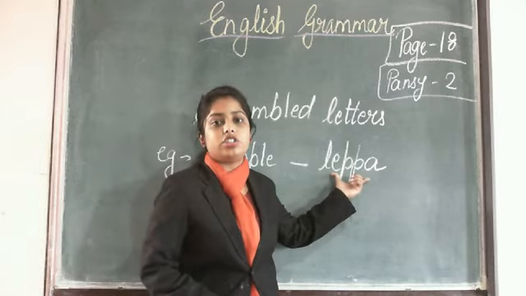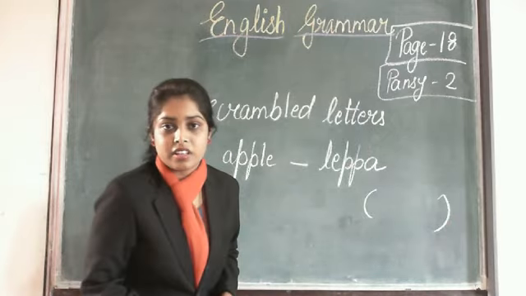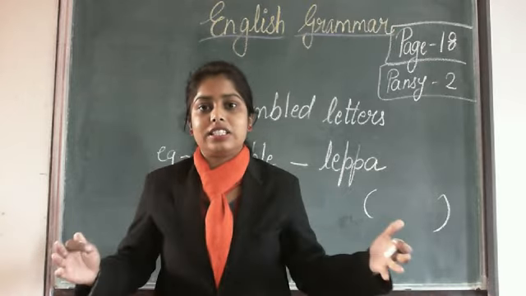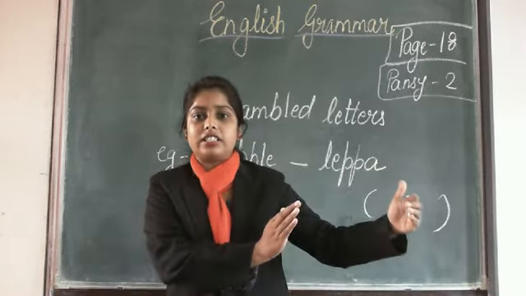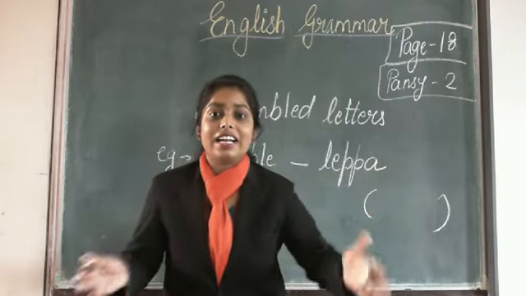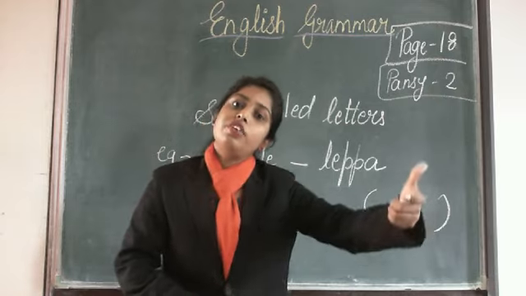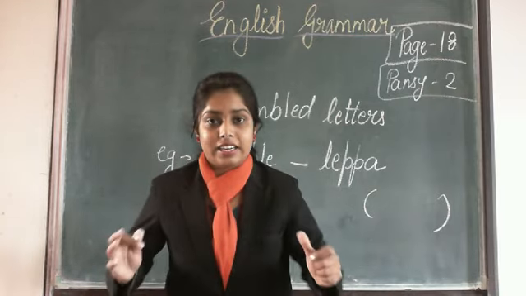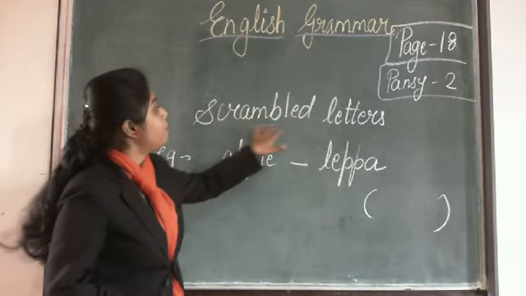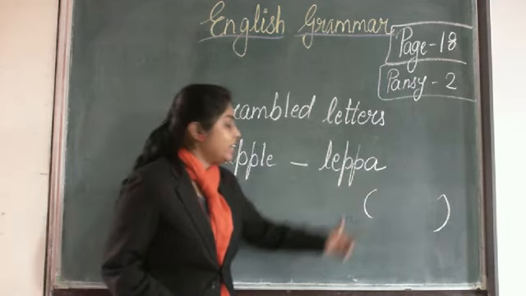वैसे ही in your question number B, you are given some scrambled letters in the brackets. You have to make the correct spelling according to the sentence. जो sentence दिया है according to that हमें जो scrambled letters दिए ब्रैकेट्स में, we have to make the correct spelling of that and then fill in the blank. हमें उनको proper spelling में arrange करना है और फिर blank को fill करना है in the sentence. That is what we have to do in question number B. So, did you get the meaning of scrambled letters? Letters arranged like this are called scrambled letters.